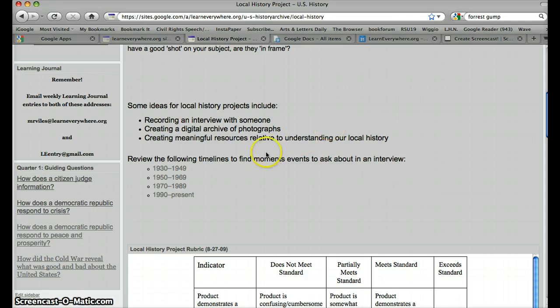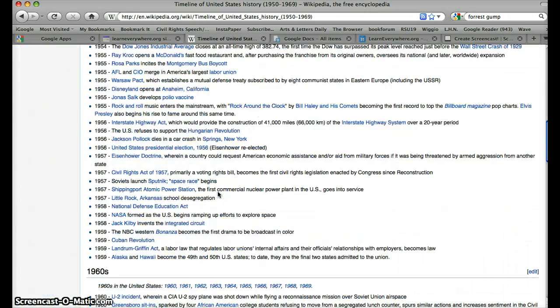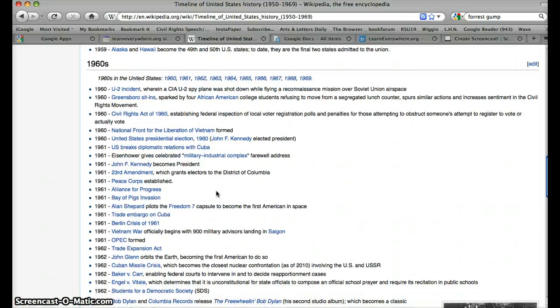Well, at that point, you want to use these timelines. And these are nothing special. They come from Wikipedia. They're general U.S. history timelines. And if you know that the person you interview is 70 years old, anything that happened from 1960 on up to the present day is fair game. So you might click on this link. And once you get here, you scan down through, looking for 1960. Here are the 60s. And you scan through, you would look for things that maybe you've studied at different units in the class, and by this time we're just starting to get into the 60s.